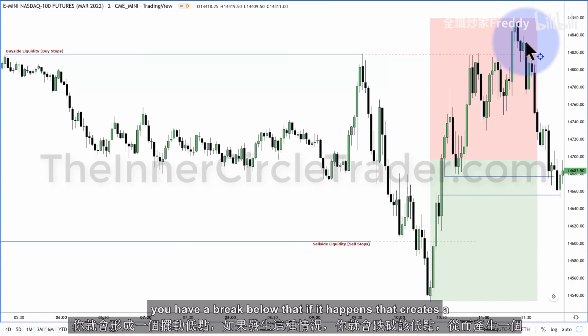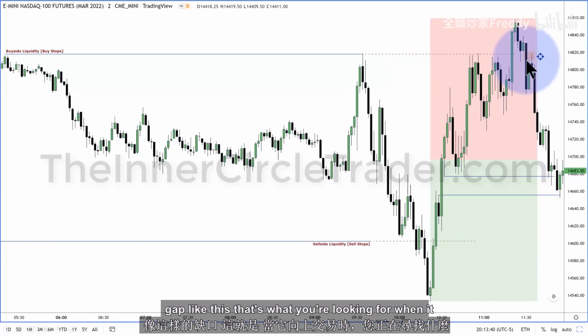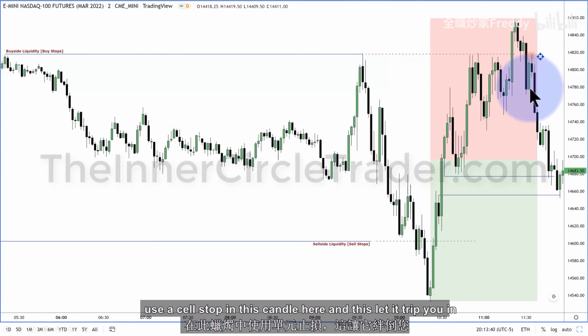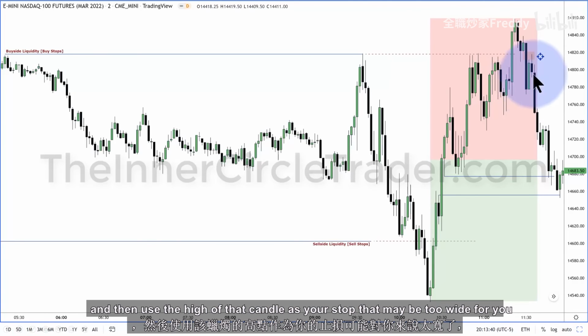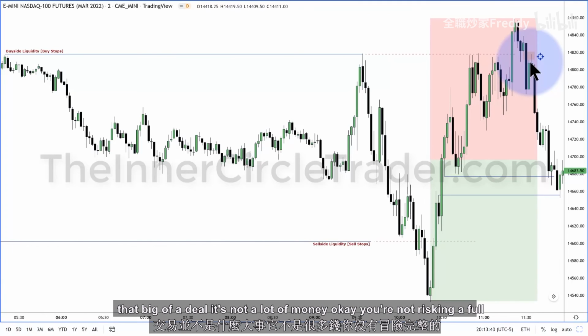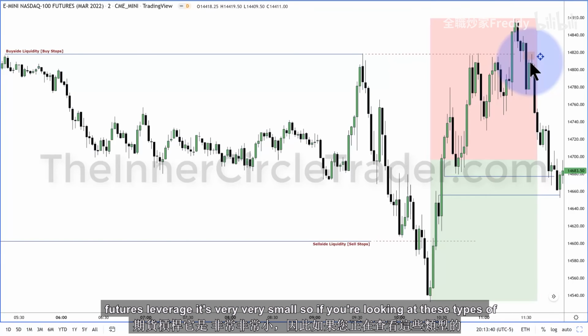If you have that, and then you have a break below that, if it happens that creates a gap like this, that's what you're looking for. When it trades up into that, you can go short. Or if you want to use sell stops, you can use a sell stop in this candle here, let it trip you in, and then use the high of that candle as your stop. That may be too wide for you, but I mentioned the logic around this is you're using a micro. Okay, micros aren't that big of a deal. It's not a lot of money. You're not risking full futures leverage. It's very, very small. So if you're looking at these types of setups,